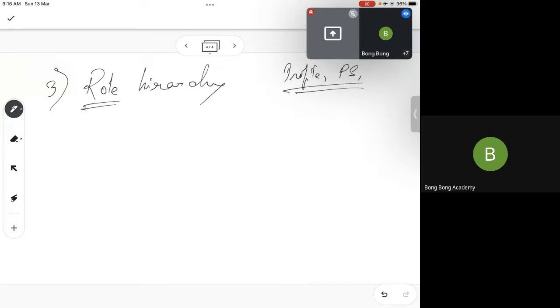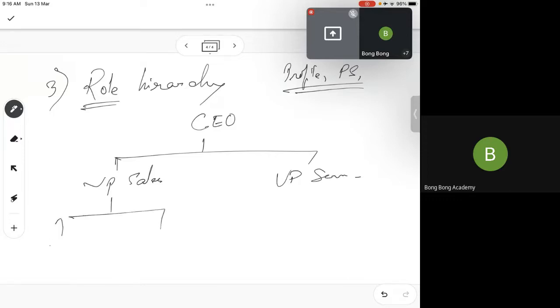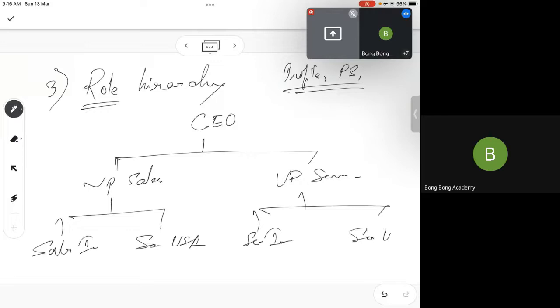In an organization, you can set roles like CEO on top, then VP sales, VP service, sales India, sales USA, service India, service USA. A role is optional. One user can be assigned only one role.